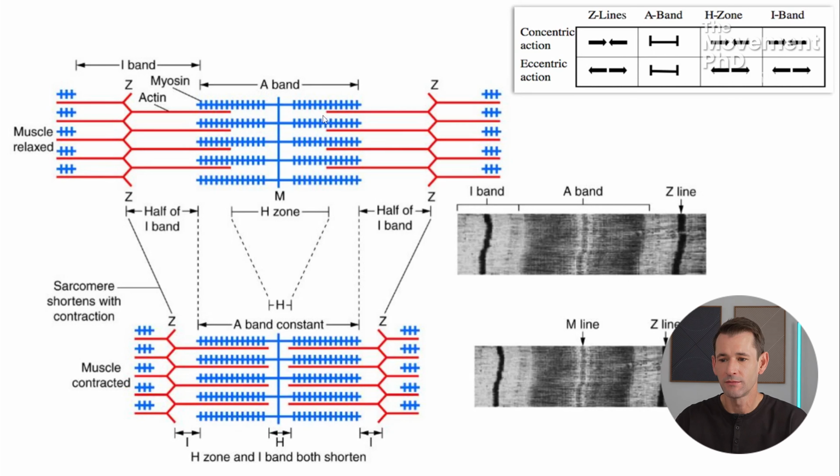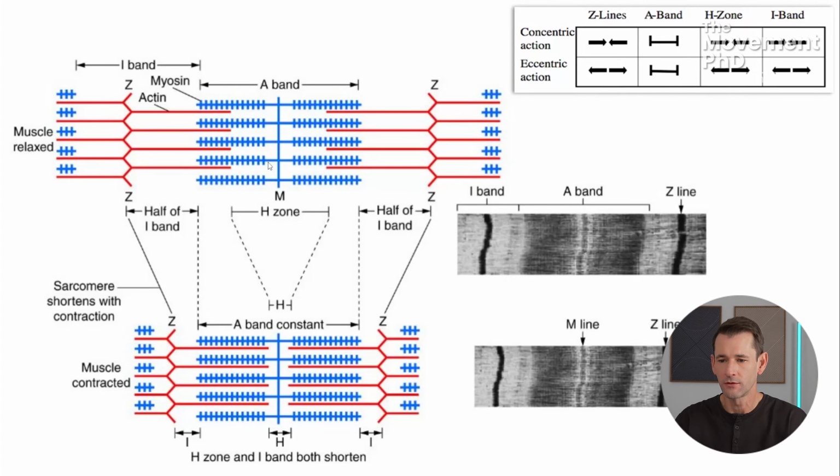Now there's a subzone within that A band which is called the H zone. The H zone is the part of the A band that's myosin only. So for parts of the A band, there's some actin and there's some myosin. The H zone is the subpart of the A band that is only that myosin. So let's talk about what happens in each of these zones during a concentric muscle contraction first, and then an